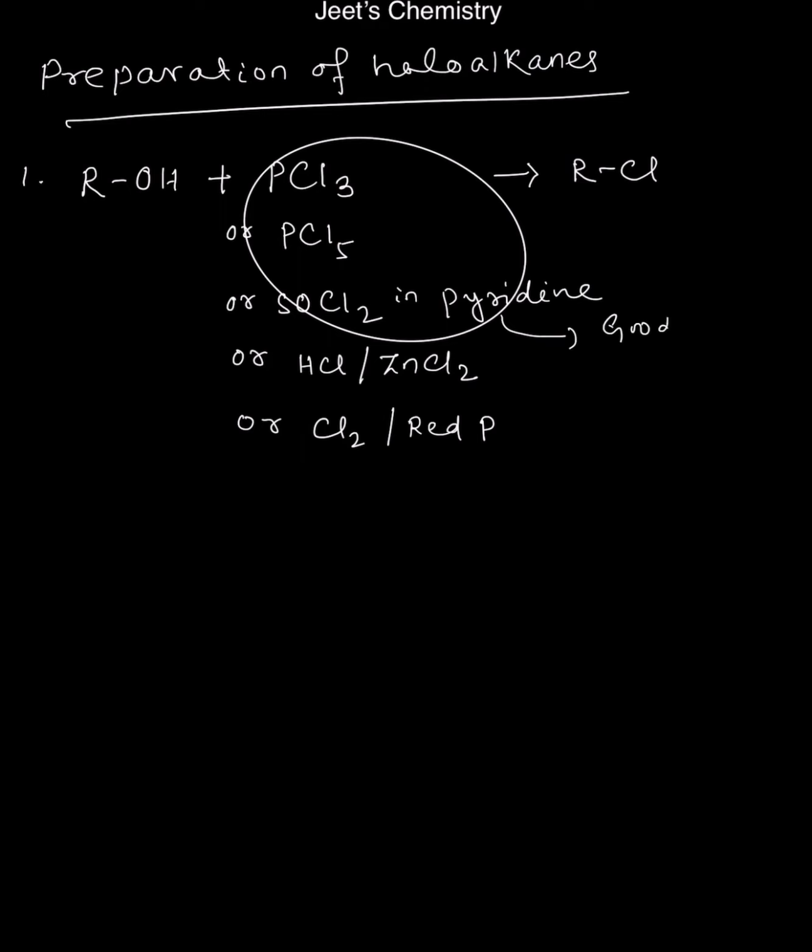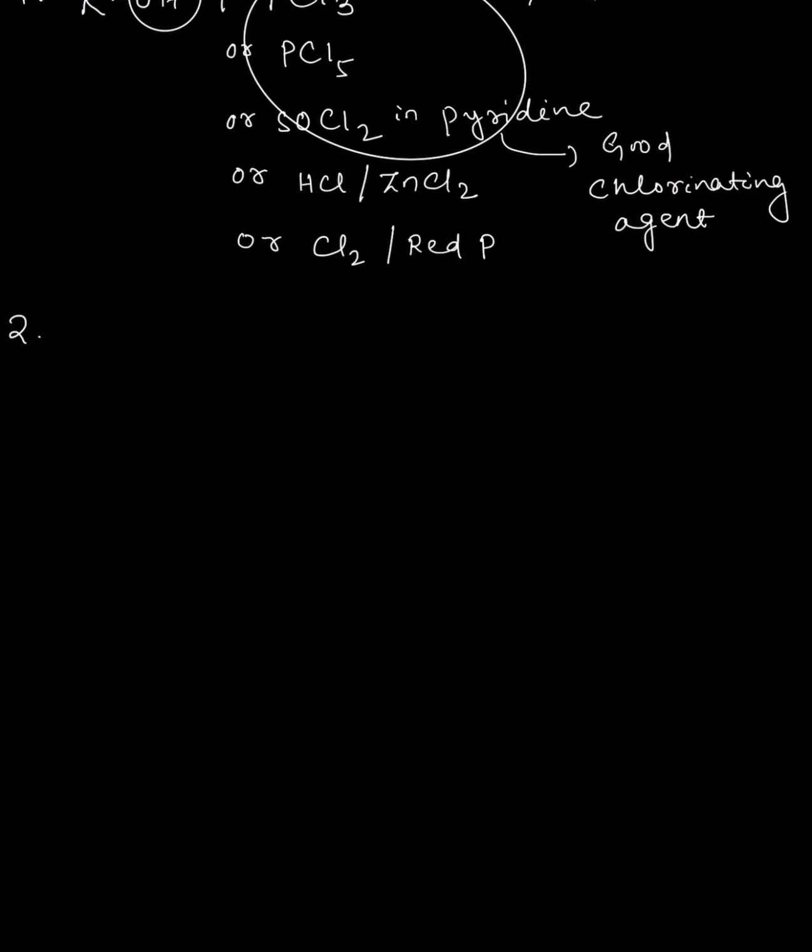PCl3, PCl5 and thionyl chloride are very good chlorinating agents. They are capable of replacing the OH group with chlorine. They can also replace the OH group of a carboxylic group to form acid derivatives. In the next preparation, we will discuss the preparation of